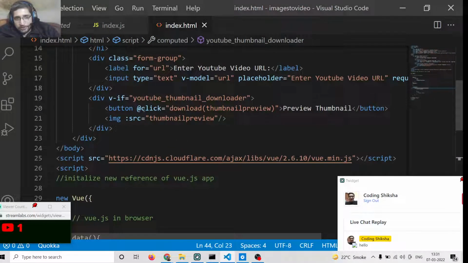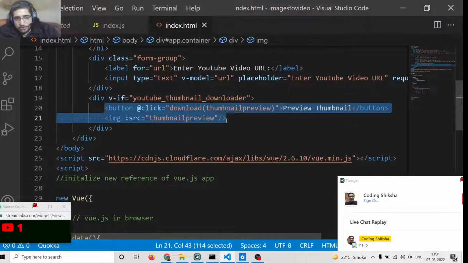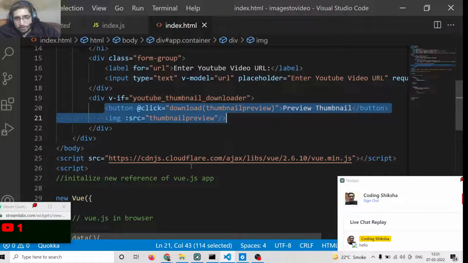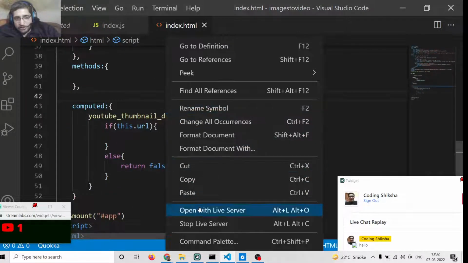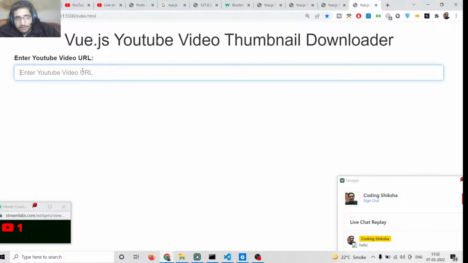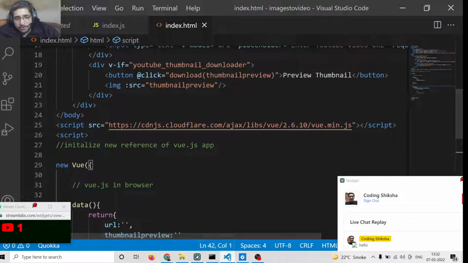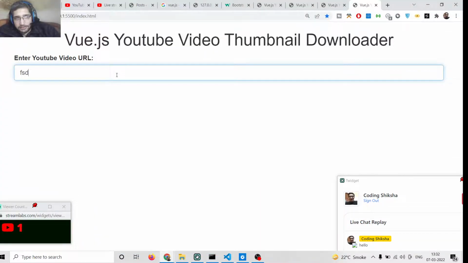If it returns true, then only it will show this button to the user. If it returns false, then it will not be shown. Now if I run this application, you will see if the URL is empty, nothing is shown to the user. You will see the button is not shown. If I write something here, you can see